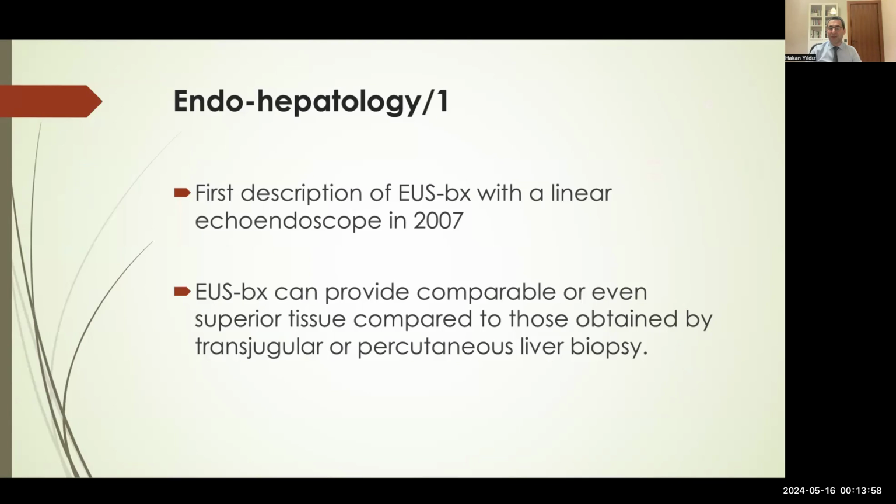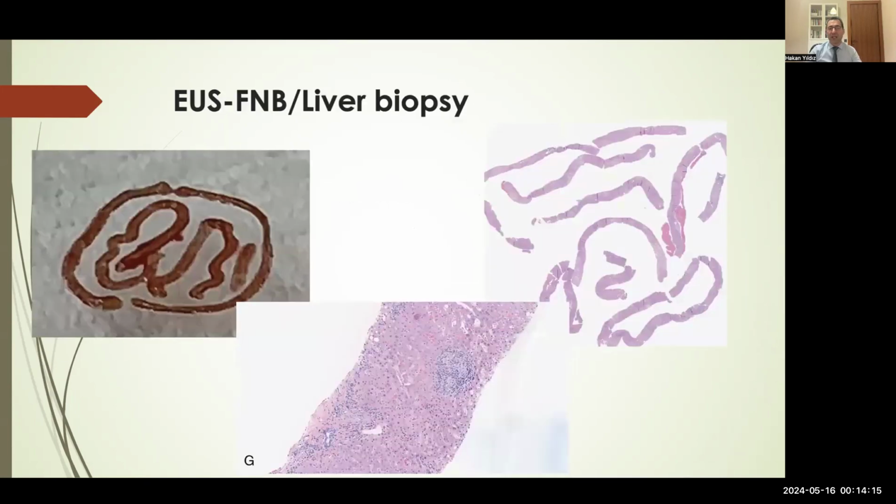This is the description of the EUS biopsy with linear echo endoscope in 2007. EUS biopsy can provide comparable or even superior tissue compared to that obtained by the transjugular or percutaneous liver biopsy. EUS FNB liver biopsy, you can see the liver biopsy is as in this first